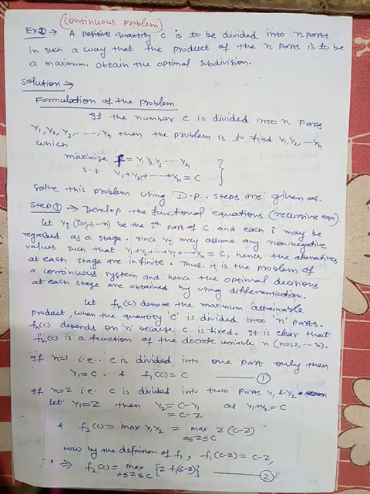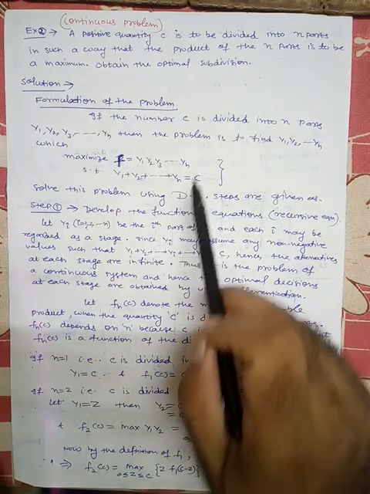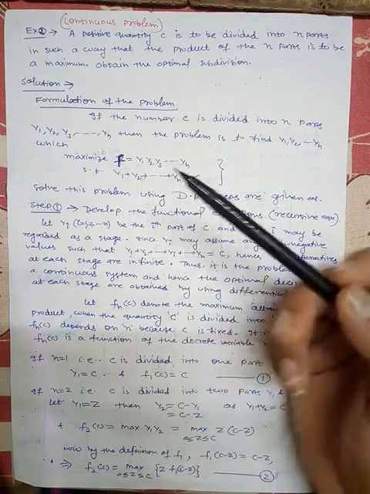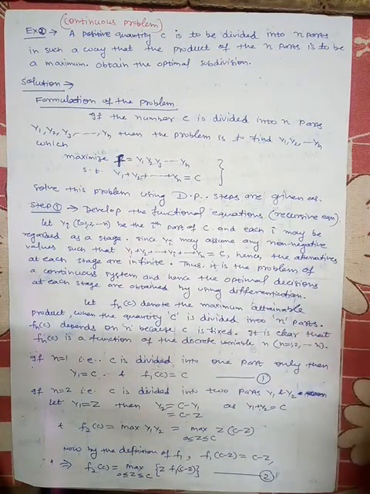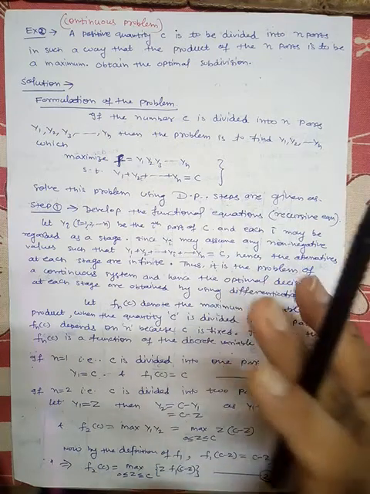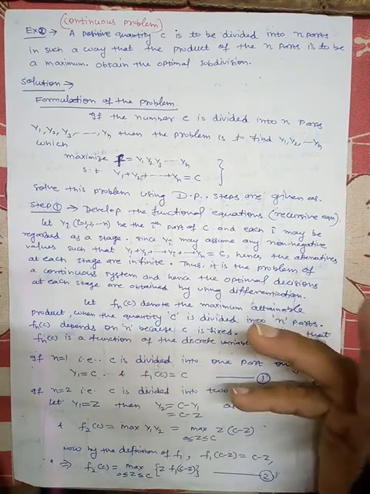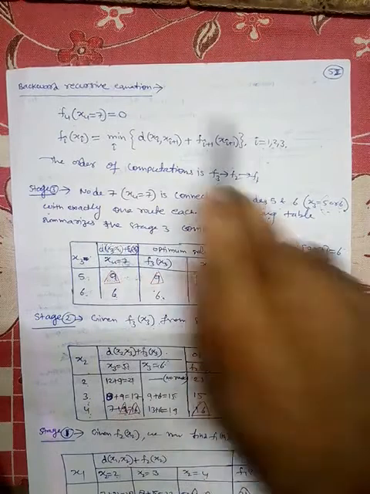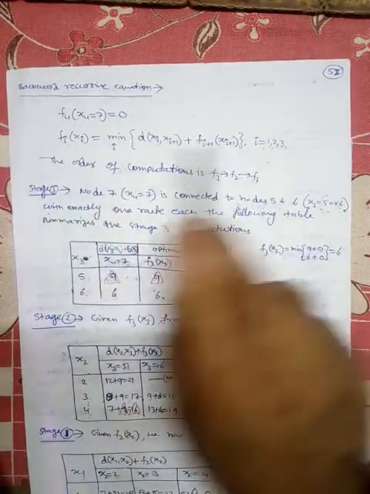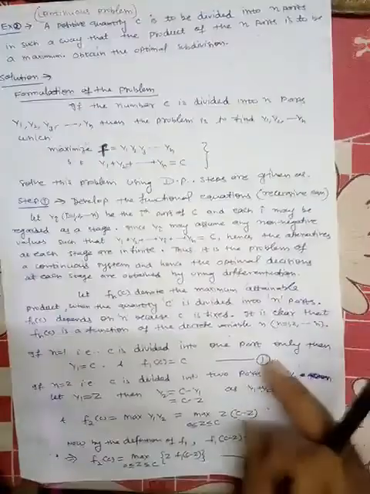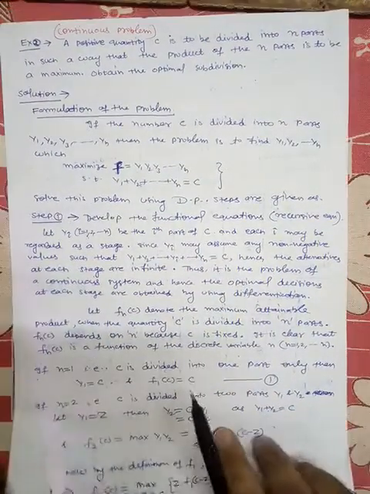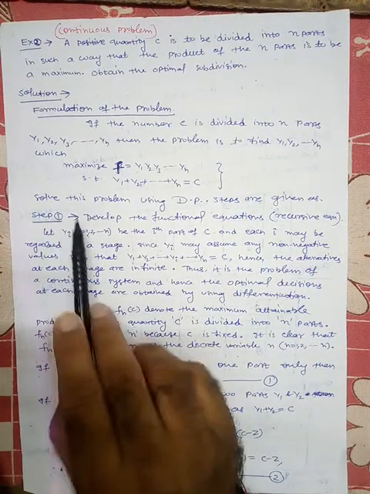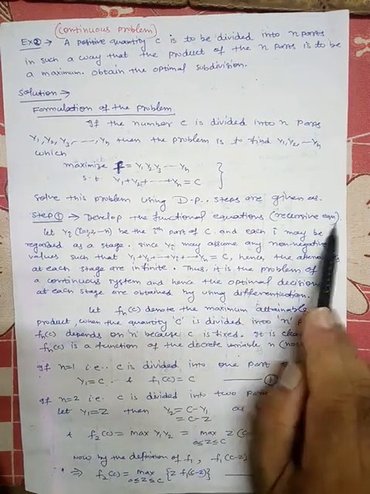So in dynamic programming, basically we have to formulate a problem stage wise. In each stage we have a return function, and basically if you see the last problem, here we have a recurrence relation. Here we have f, here we have f, so that's why this is a recurrence relation. So similarly here we have to construct a recurrence relation. Okay, so step number 1, develop the functional equation, that means the recursive equation.